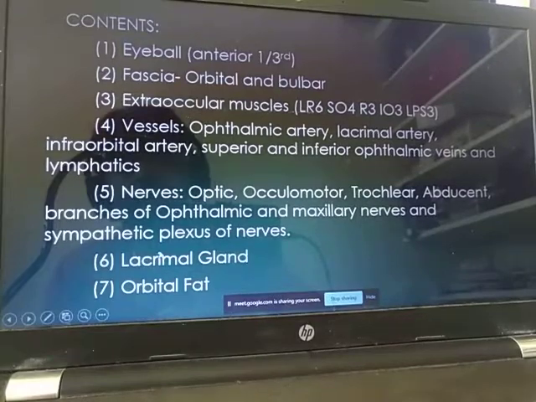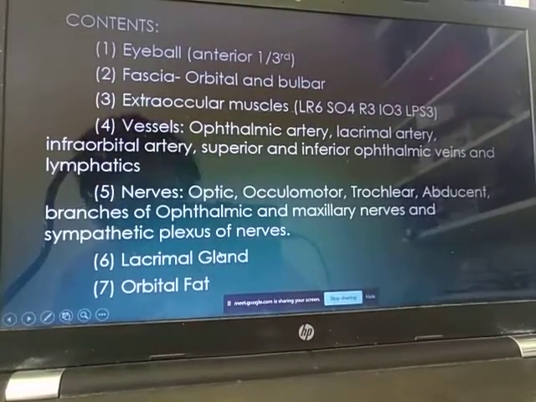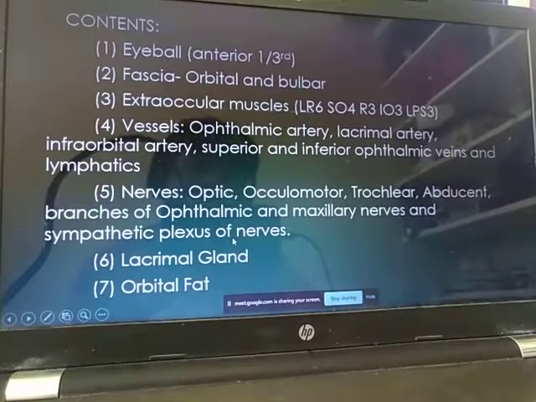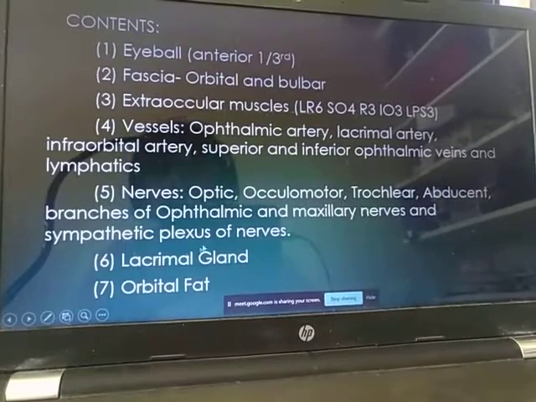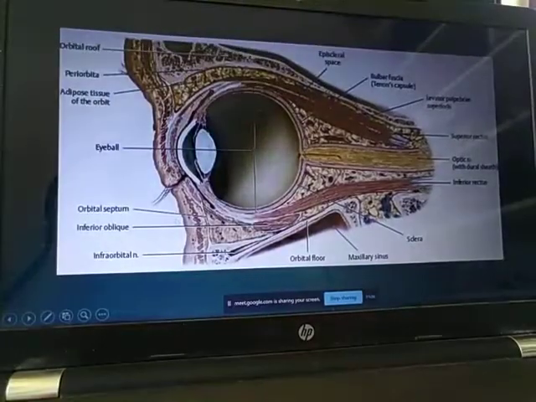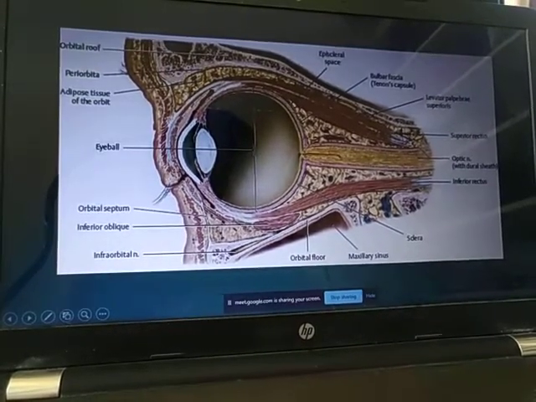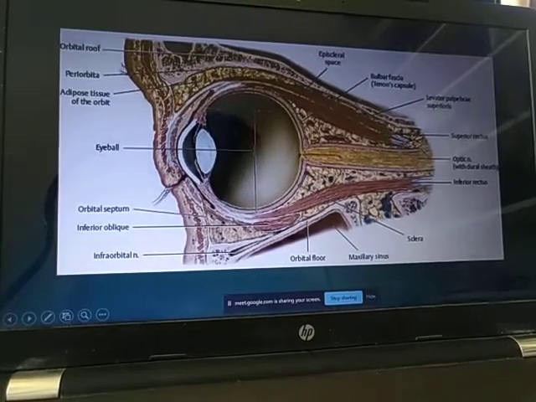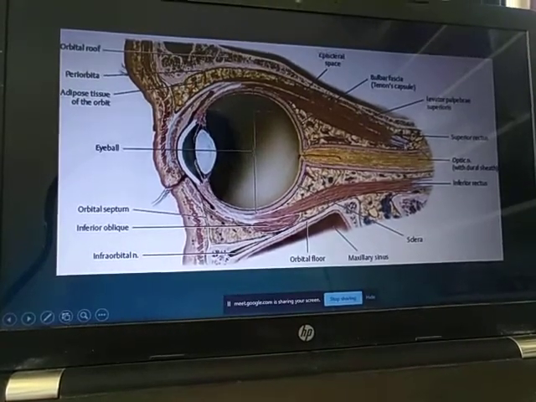As mentioned earlier, a part of the lacrimal gland also constitutes the orbit. It is towards the medial wall, in anterior section of the medial wall. The lacrimal gland is situated, and a portion of orbital fat. Here you can see the structure and the contents of the orbit, the musculature, how it is attached and where it originates. The extraocular muscles apart from the levator palpebris superioris originate from the common tendinous ring.